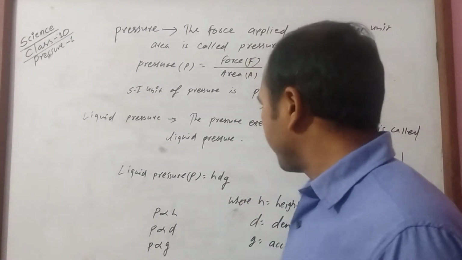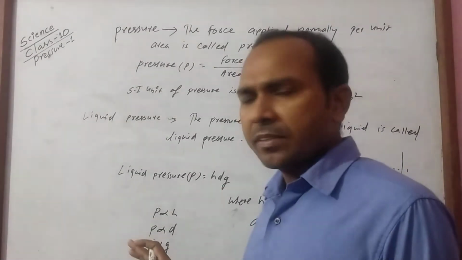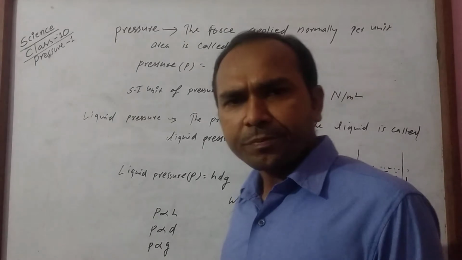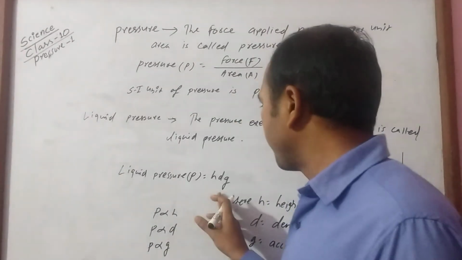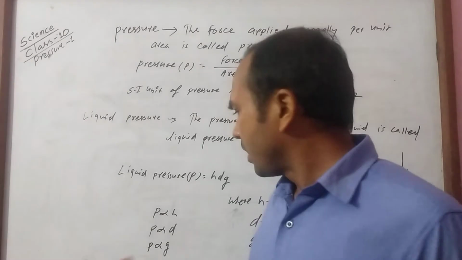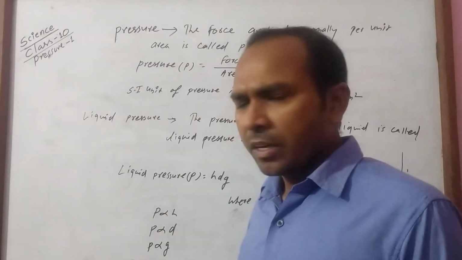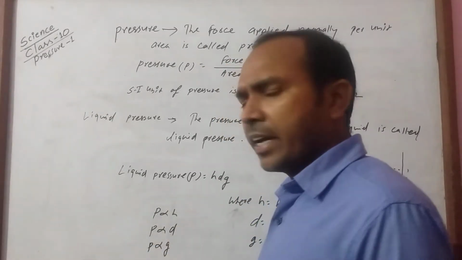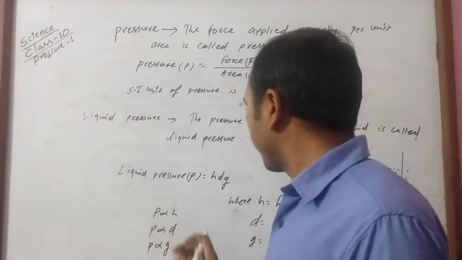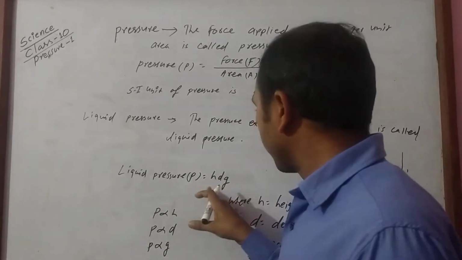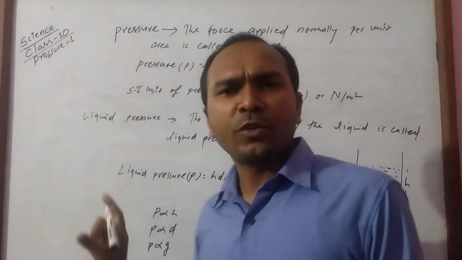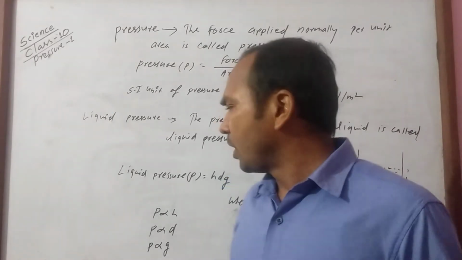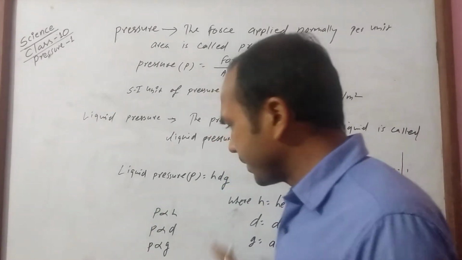Okay, but when we take the liquids or the liquid containing vessels to another place, it means the value of g changes or increases, then pressure also increases. Okay student, it means when we take the liquid pressure at a fixed place and for a fixed liquid, then that pressure depends mainly upon the height of liquid column. When the height of liquid column is more, then pressure exerted by the liquid is more.